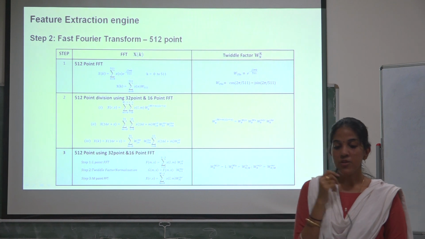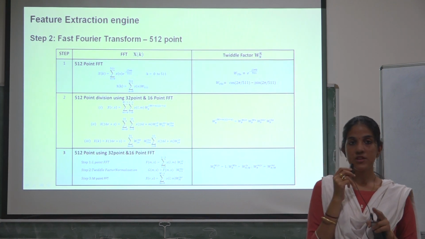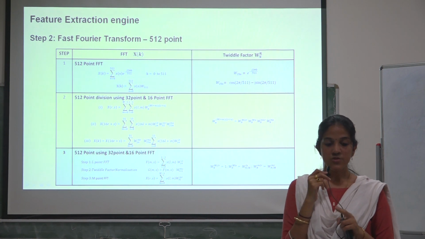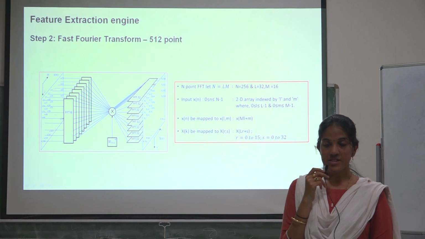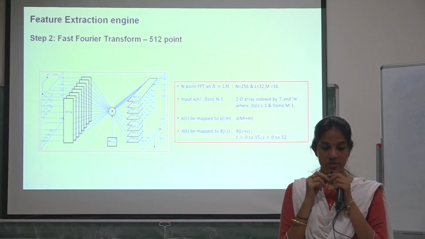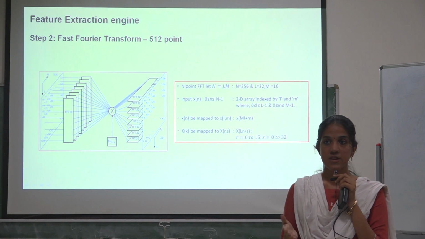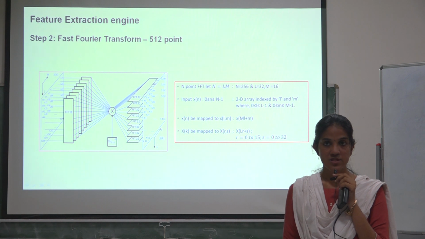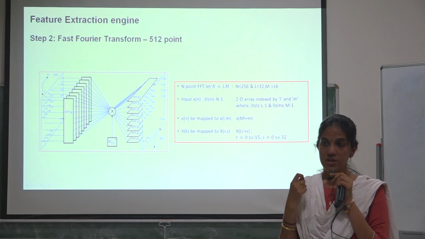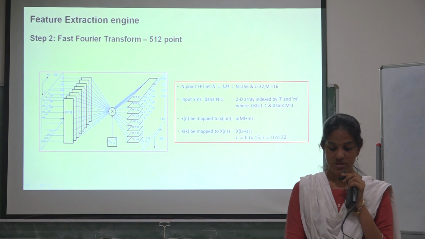For 512 point FFT, we cannot actually have the same point FFT for two stages. So the first stage we have taken 16 point FFT, and the second stage we have taken 32 point FFT. And a similar procedure is followed. The columns are all applied with FFT16, and then twiddle factor normalization is done, and 32 point FFT is done on all the rows of the result of twiddle factor normalization.